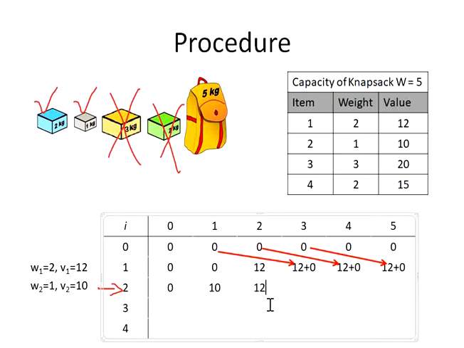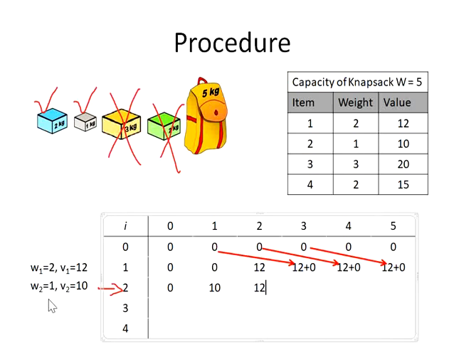Please understand, this is a very important point in dynamic programming. Compare with the previous row, and whichever is the greatest or the maximum, that value will be the present status of this matrix, of this table.